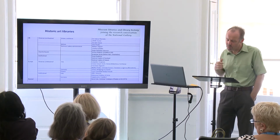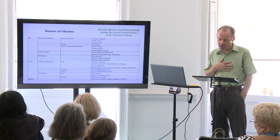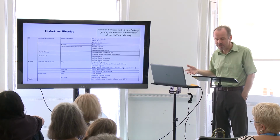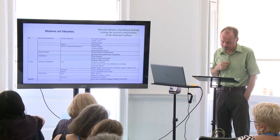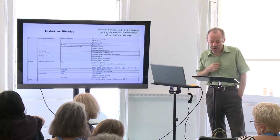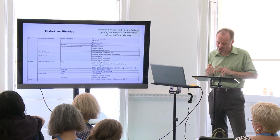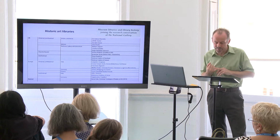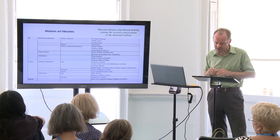One of the mechanisms by which the project will get underway is to compile a list of relevant historical art libraries deserving of investigation, whether extant or dispersed, and a corresponding bibliography of library catalogues. In the UK, this would include the libraries of individuals, such as the personal and professional libraries of Sir John Soane, Joshua Reynolds, the artist J.M.W. Turner, writers like John Ruskin,